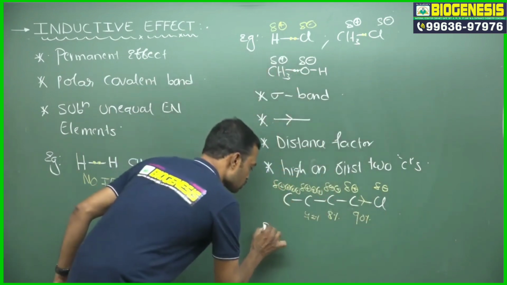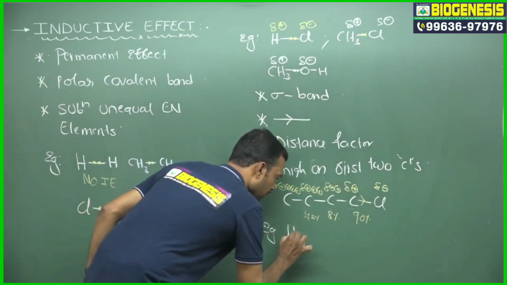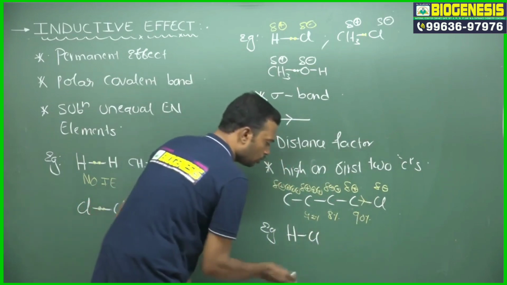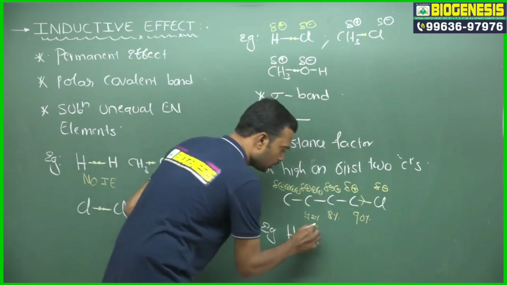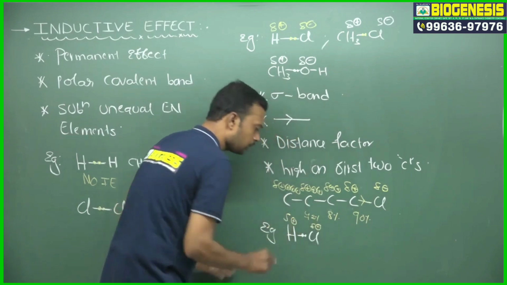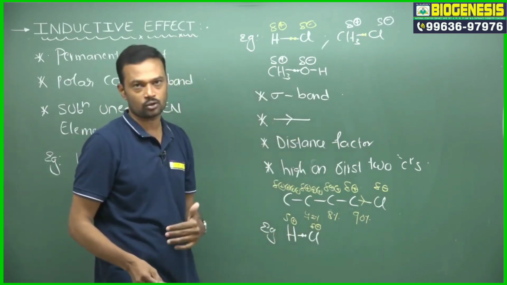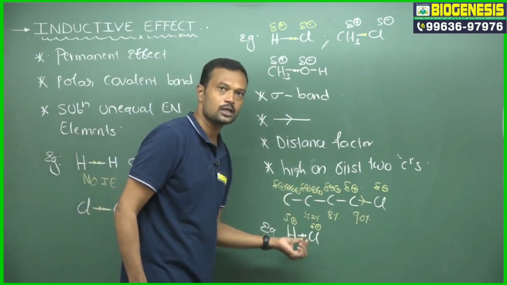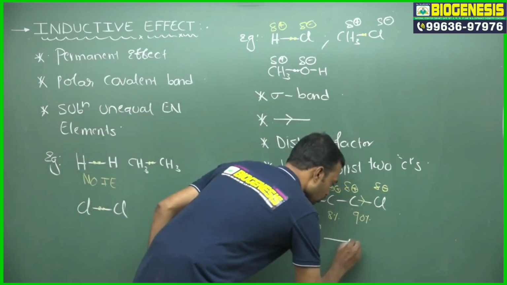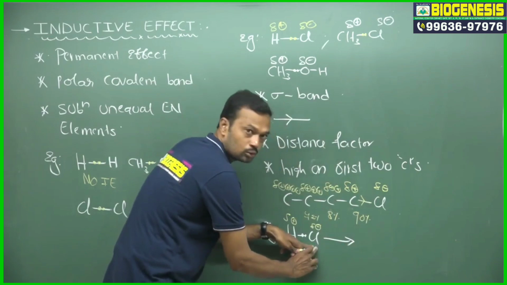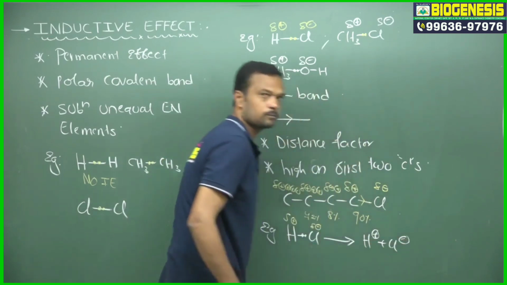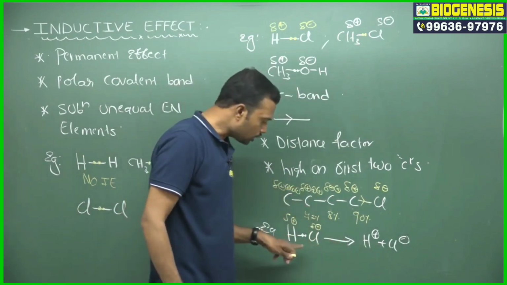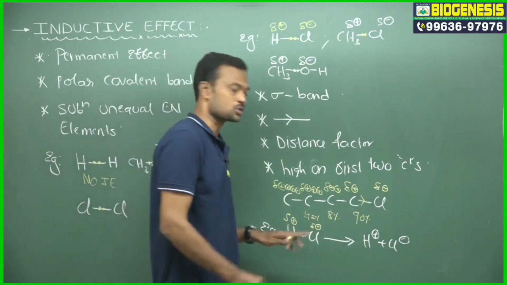See the difference between these two. I am writing hydrochloric acid. Here the shared pair of electrons is merely very close to chlorine; it is not that chlorine takes the pair completely. Sorry, in ionization it is completely on chlorine. So this is very close to chlorine, but it never undergoes ionization like this. This is not the inductive effect. This is an ionization reaction. On this molecule, an inductive effect is present.